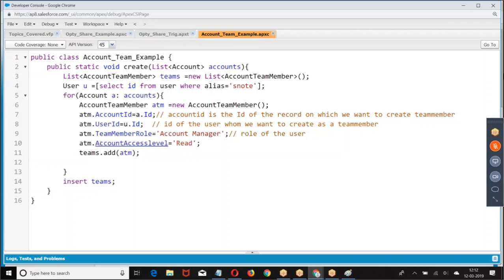Now what is this account team member? Account team member is a child object of account. Now what are the fields we have? User ID, account ID, ID of the account on which you want to create a team member, ID of the user whom you want to create as a team member, role of the team, access level. I hope you're good. Now go back to this.